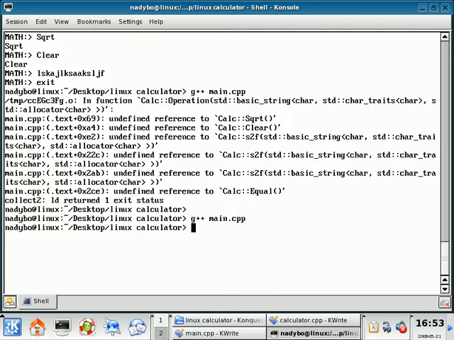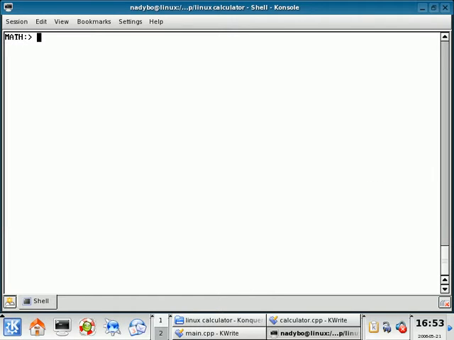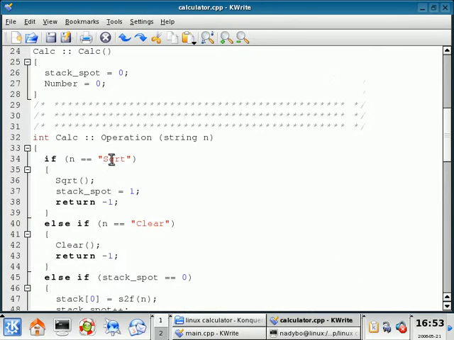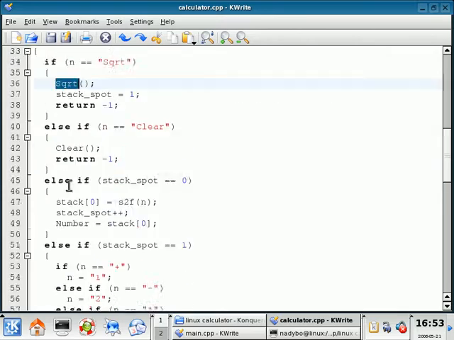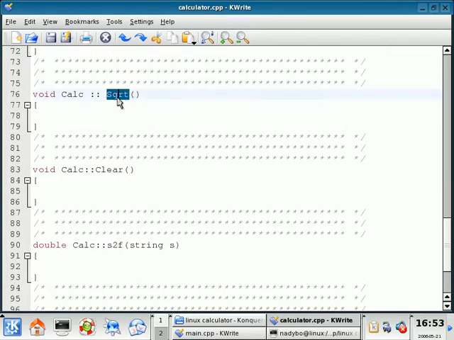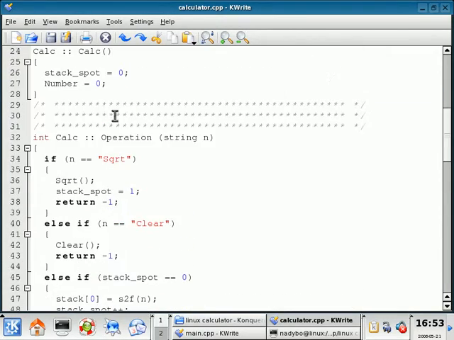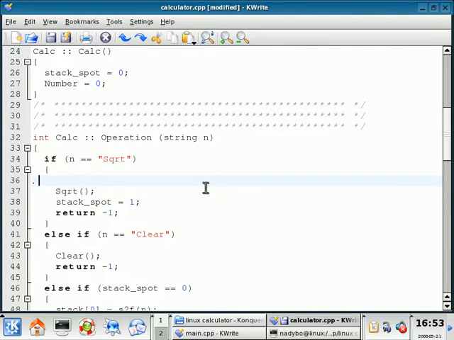Like for instance, if I do ./a.out and then I type sqrt, what it actually is going to do is it's going to come here. It's going to be true. It's going to go to the square root function. It's going to come here and do absolutely nothing. But what we can do is we can test to see what the stack spot is before and after it enters in here. So we'll do cout